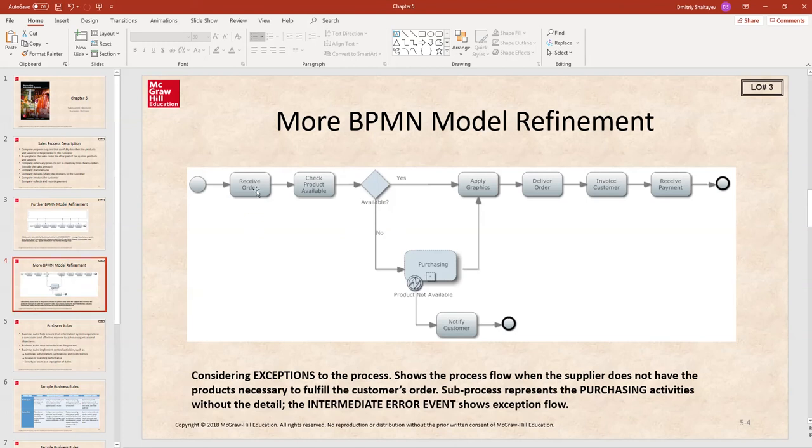So when we receive the order, we check the product availability. Let's say a small bike shop orders 5 professional bikes from me. I check in the system, do I have them in the warehouse? If the answer is yes, then fine. Well, here it says apply graphics. That's a different example, but in my case with professional bikes, all I have to do really is to pick them and pack, if you remember these 2 steps,